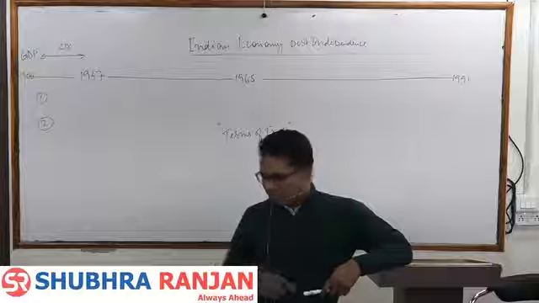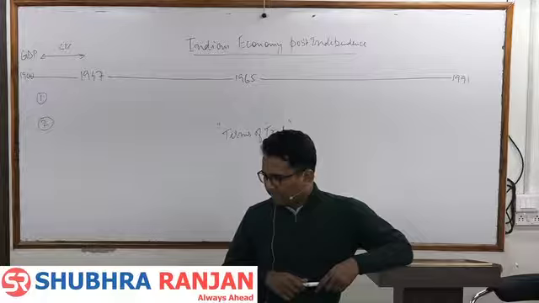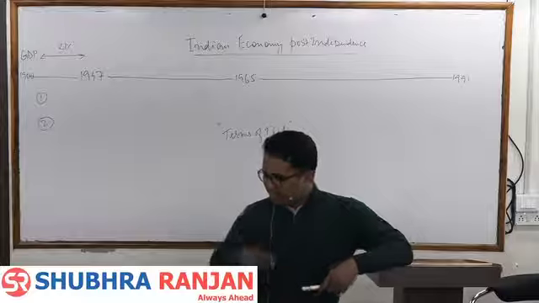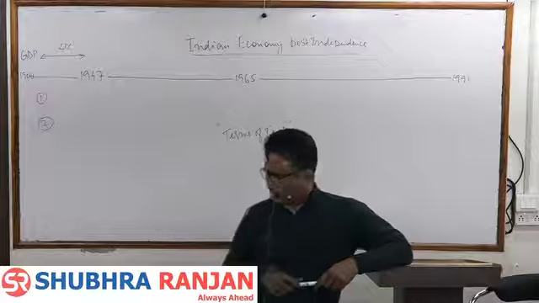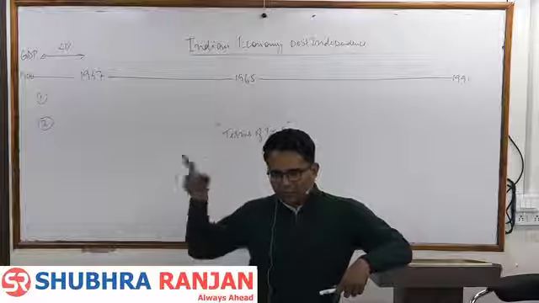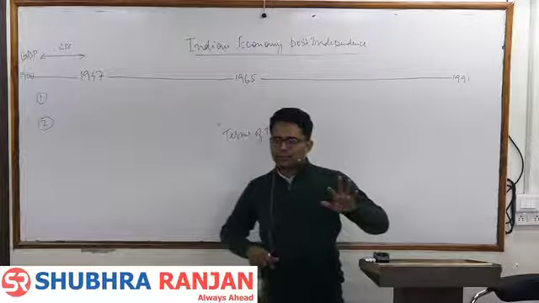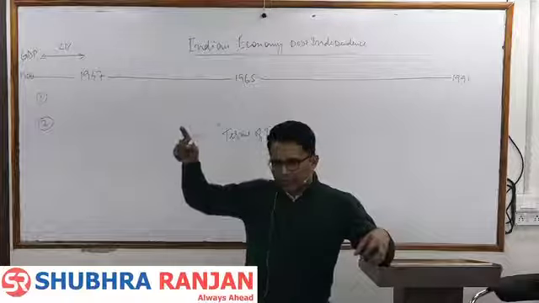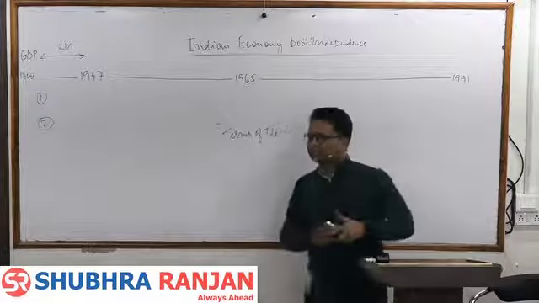addition done by British labor was still very high. The reason is one labor producing so much of items, output is more, he was getting more wages. So per labor value addition was much more as compared to per labor value addition here, because of the contribution of machines, technology and other things. Per unit productivity you can say. So you think about here one labor is producing one item, there one labor is producing 10 items in one day. So the value addition of the labor you will calculate 10 items, the price of 10 items.